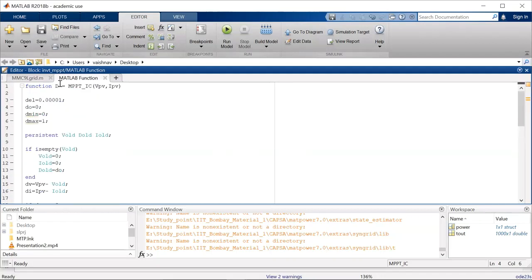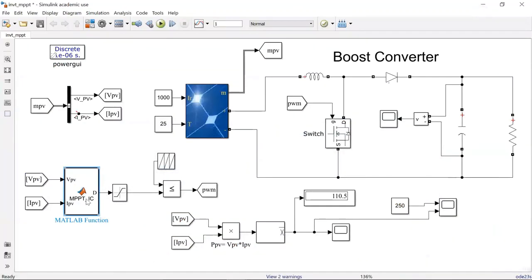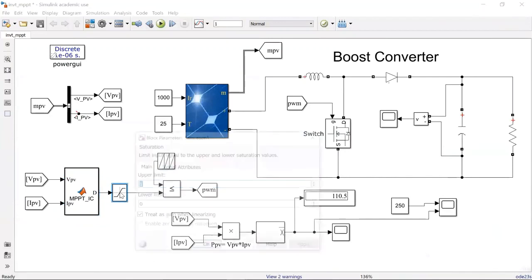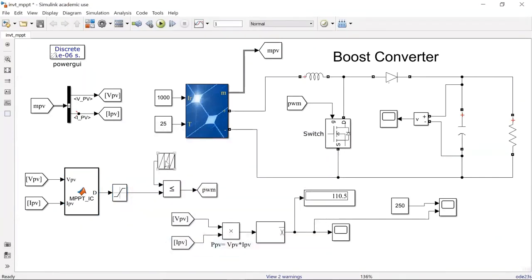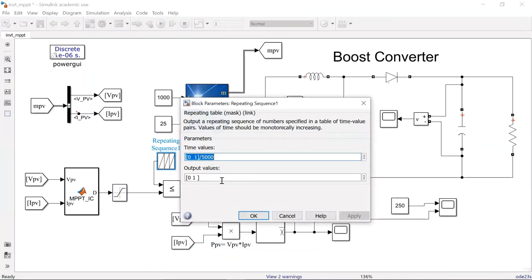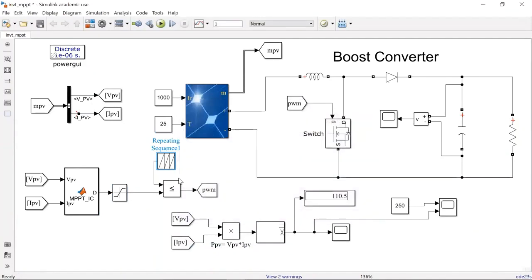What is its output? Its output is a duty cycle d. So as you can see, this is the output of the duty cycle. We will limit the duty cycle to 0 to 1. Then we will compare it with a repeated sequence having a frequency of 5 kilohertz. The repeated sequence is nothing but a triangular or sawtooth wave, and we compare it with a relational operator,